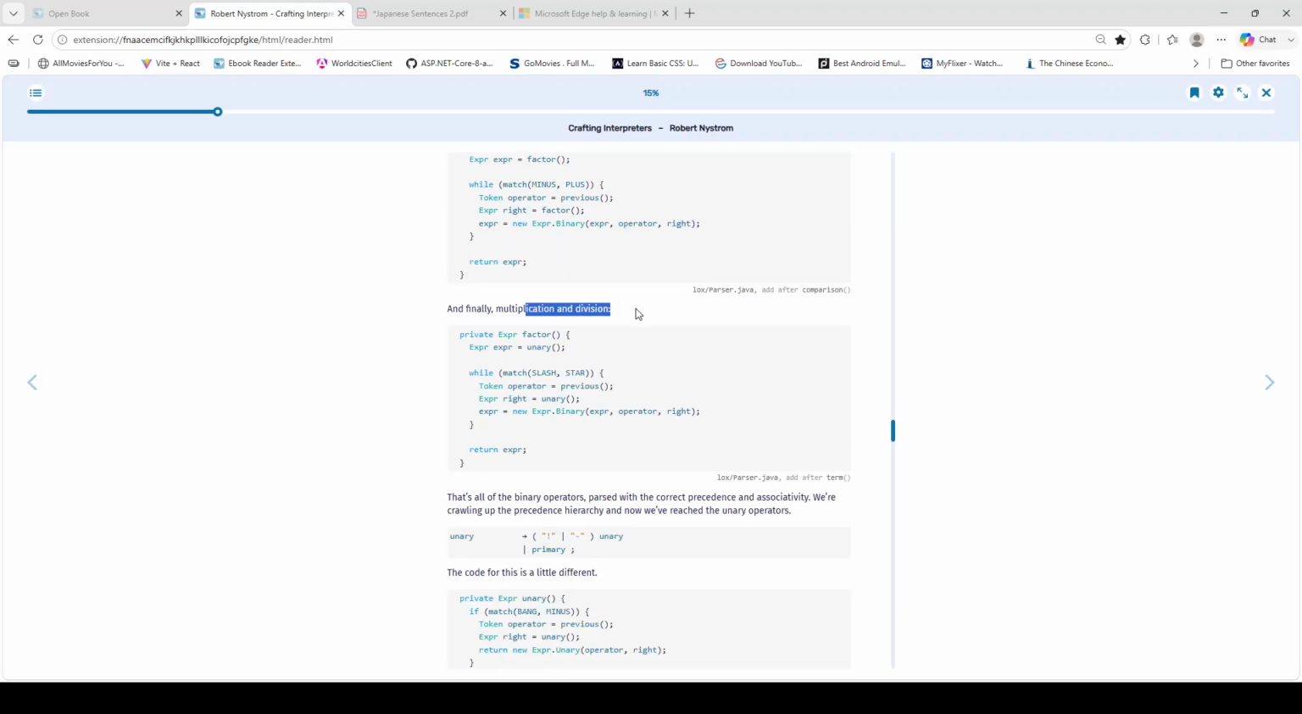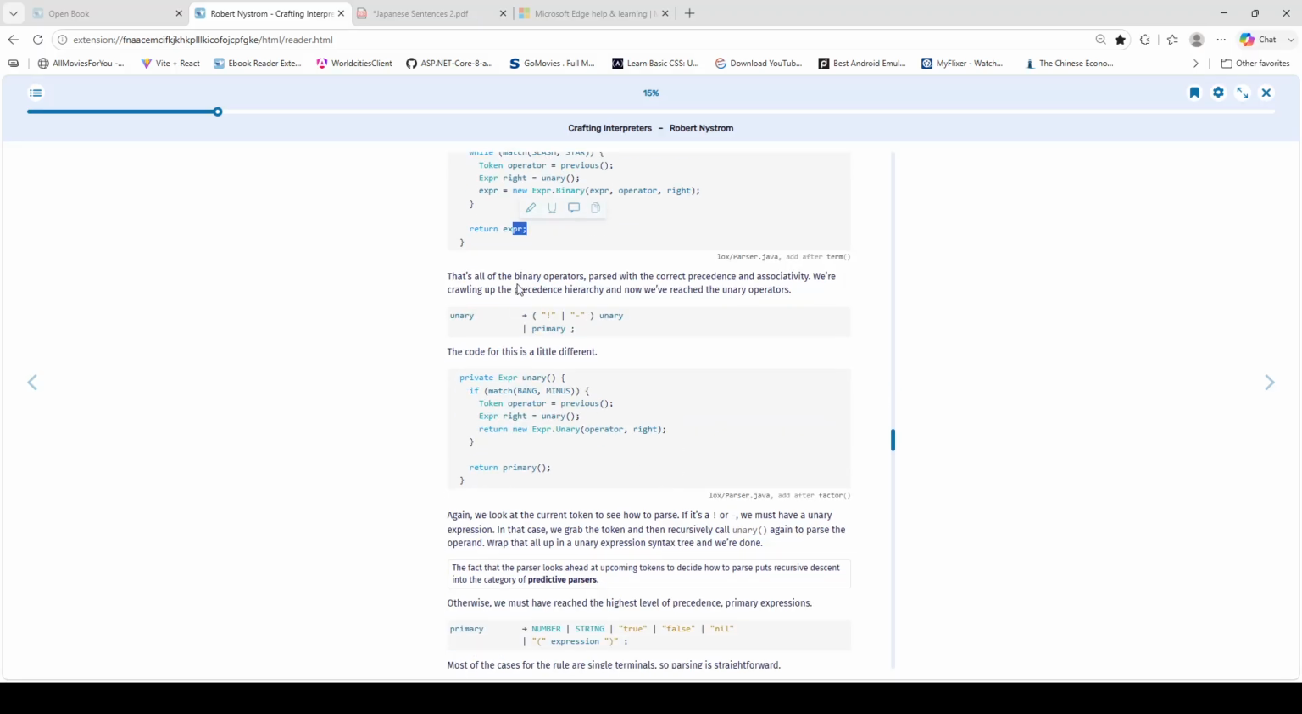And finally multiplication and division. We would add this after the term method: private Expr factor() { Expr expr = unary(); while (match(SLASH, STAR)) { Token operator = previous(); Expr right = unary(); expr = new Expr.Binary(expr, operator, right); } return expr; }